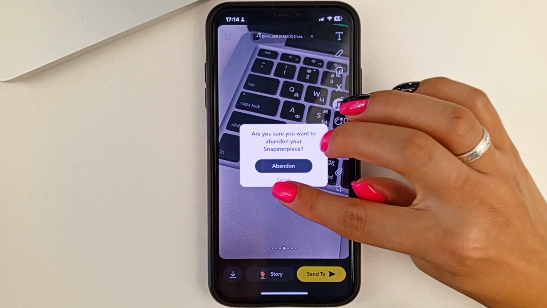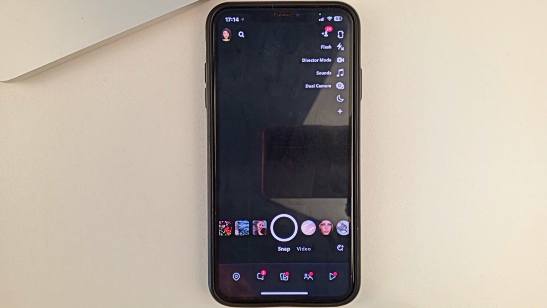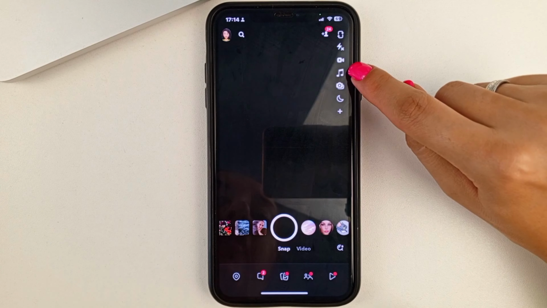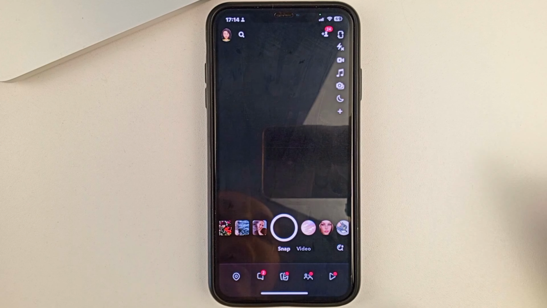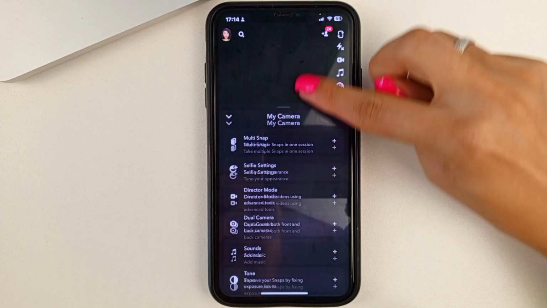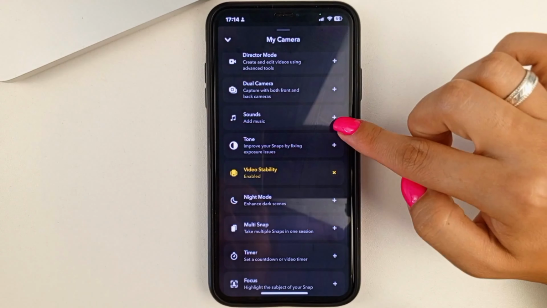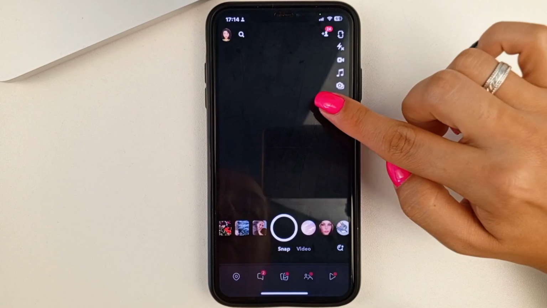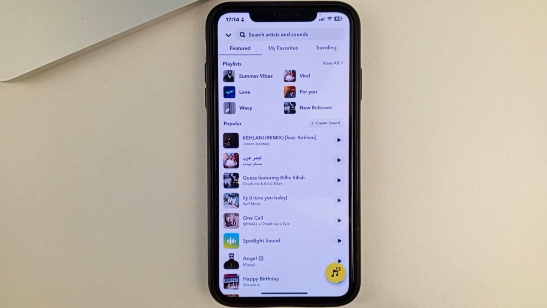And there's another way you can add music. Let's say, if you want to find music first, and then, so to speak, adjust some video or photo to it, you'd have to first, when you go to the Snapchat app, either click on this music sign here, or click on the plus sign, scroll through the menu and find songs. Click on songs. This will take you to a list of songs. You select the one you want.